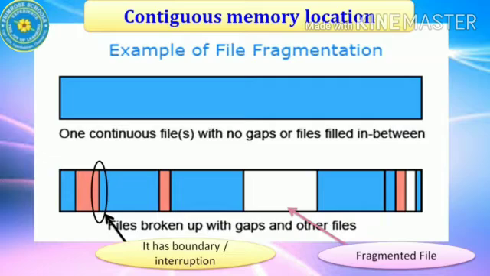gaps. So, when a file is stored on a disk, the operating system searches for the available free block on the disk and stores the file there. If the file is too large for one block, the operating system searches for the next block and stores the next part of the file there. These blocks may not be in contiguous form or may be scattered all over the disk. This process is called fragmentation. I hope you understood the process of fragmentation.